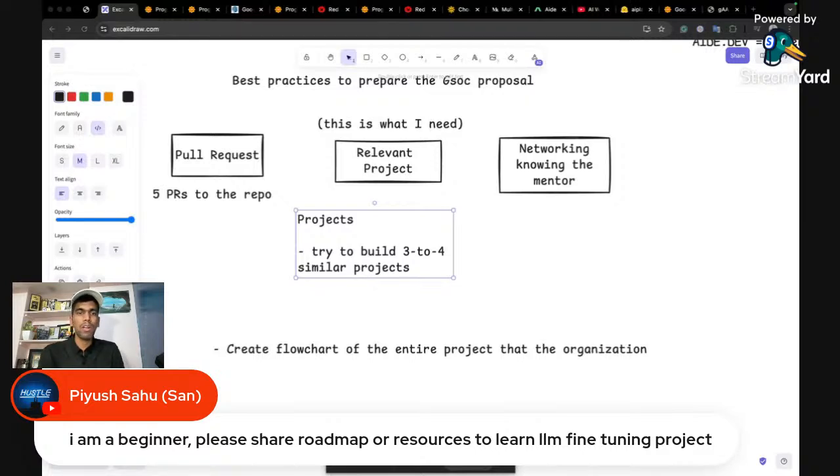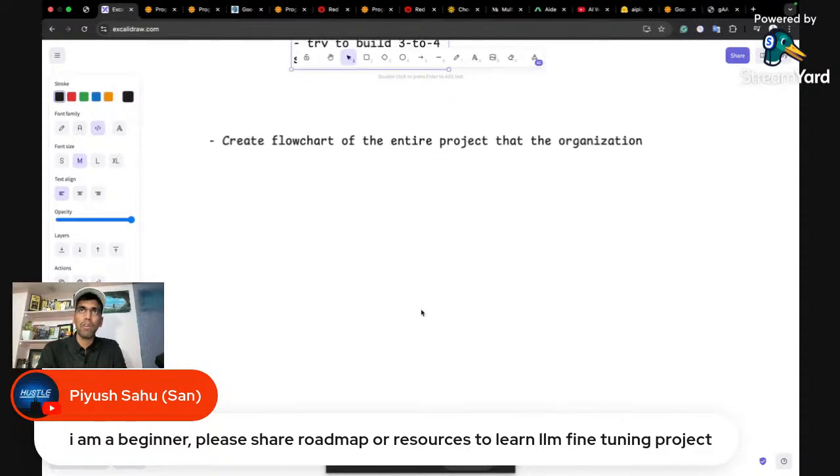They have a library called TRL. So I'll just list down the steps. I'll create a different video for this because this will go pretty detailed. So one is learn PyTorch, then learn transformers. So in PyTorch, you can cover the neural networks, and then try to understand Hugging Face's transformers.